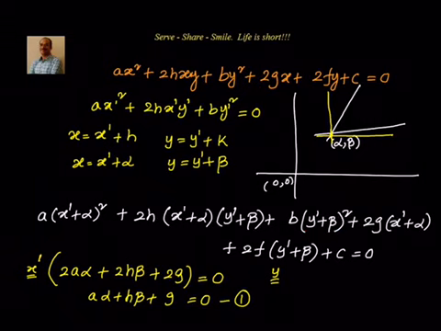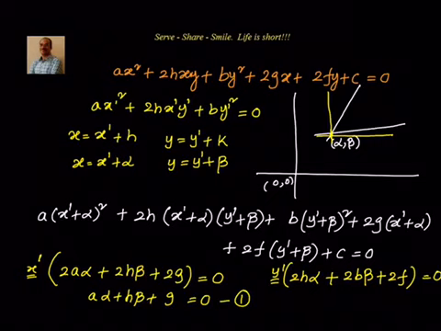So let's write down how that looks like. Can I say y dash multiply with, the first one I get is 2h into alpha into y dash, so can I say 2h alpha plus, the next one I get is b into y dash plus b whole square, in that 2ab term, that is nothing but 2b beta, plus, the next one I get is when I multiply 2f with y dash plus beta, or 2f into y dash actually, so it will be nothing but just 2f. So this is also equal to 0.